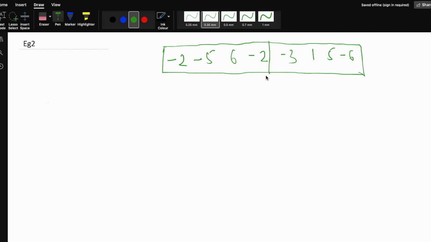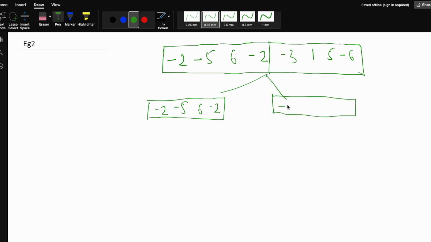So my first half will have values -2, -5, 6 and -2. Similarly the second half will have values -3, 1, 5 and -6.